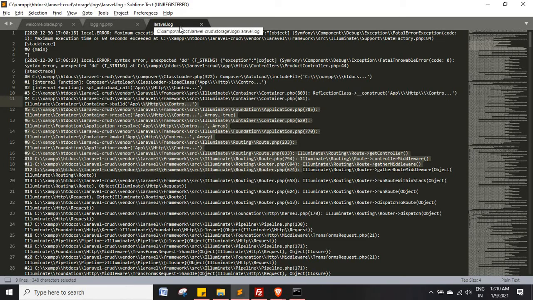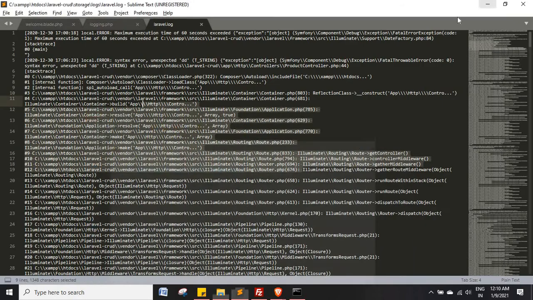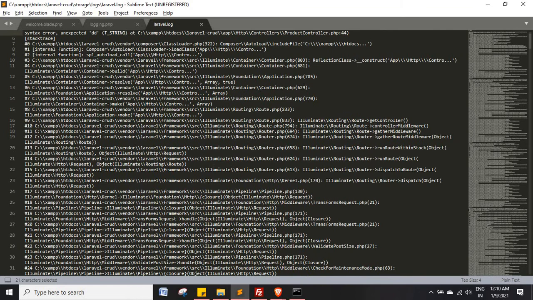For that, you can go inside storage and log, and you can see one file gets created automatically by Laravel, and there all your exception related details will be there, just like this one: the created date, timestamp, when it occurred, and all the details regarding it. This is exception logging, which Laravel creates automatically in your application.